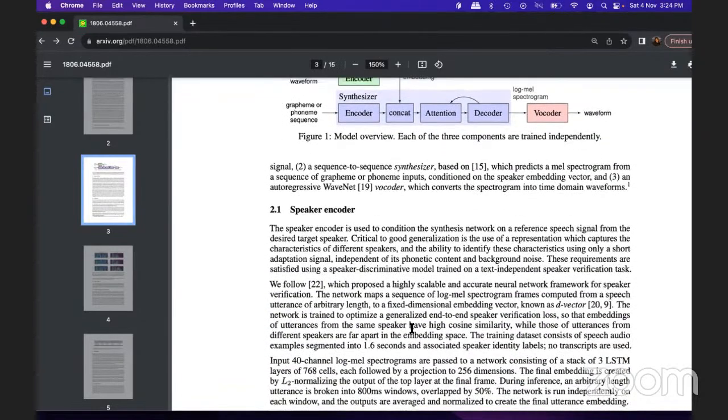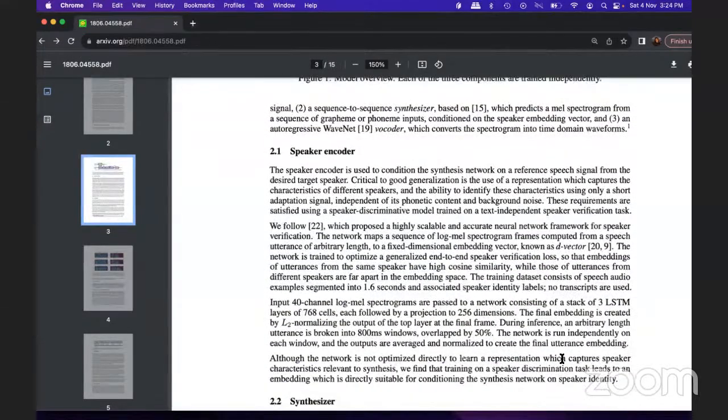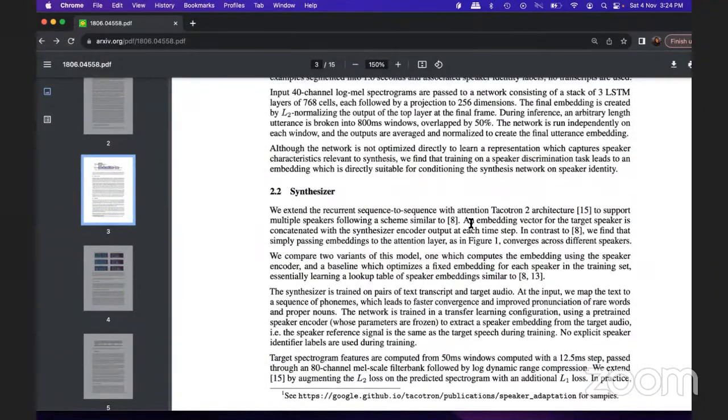So what I understood here is that the speaker encoder is a stack of 3 LSTM layers of 256 dimension. LSTM is a long short-term memory neural network. And the synthesizer is a Tacotron 2 architecture. I really need to go back and learn what these architectures are all about. Maybe Asif sir, you can explain